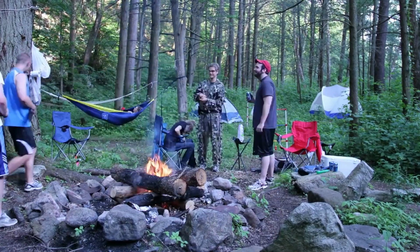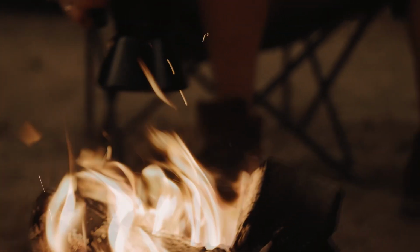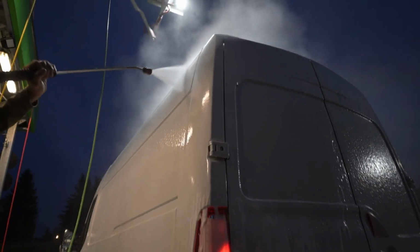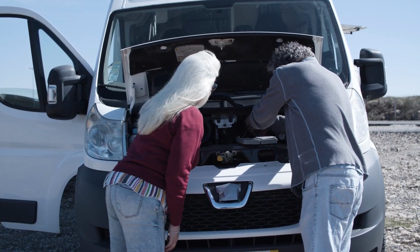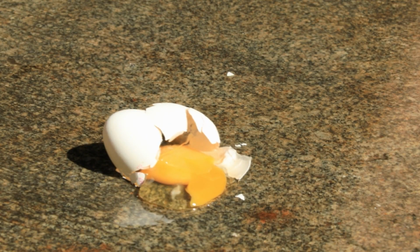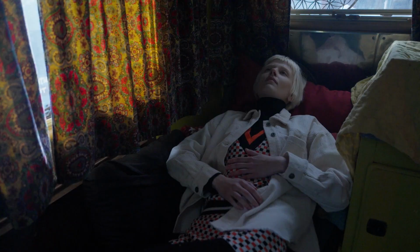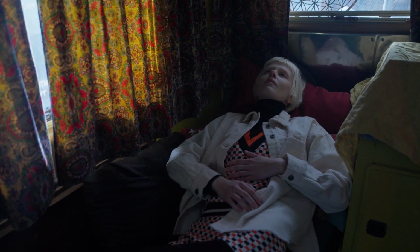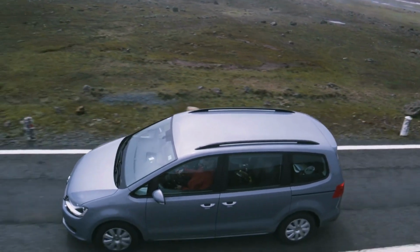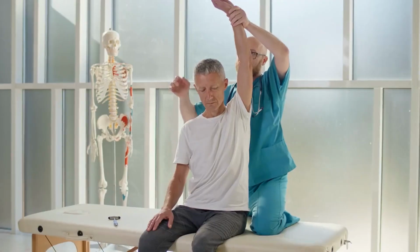Too many campers are out here making rookie mistakes that range from mildly annoying to downright dangerous. Ever wonder why your van smells like a swamp, or why your engine dies the second you hit a hill? Or worse, why your eggs roll off the stove every morning? Yep, it's probably your own fault. If you're doing even a few of these, you're not living the dream. You're wrecking it. Stick around, because a couple of these might just save you hundreds or a trip to the